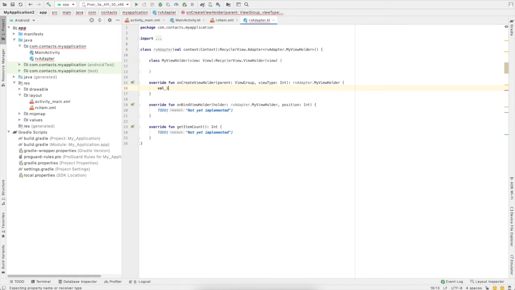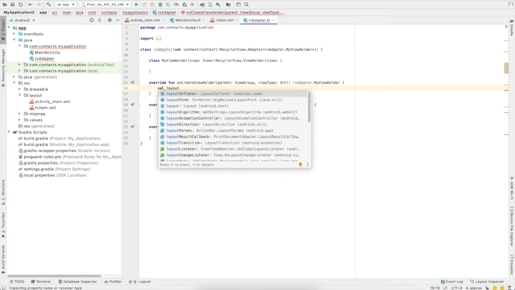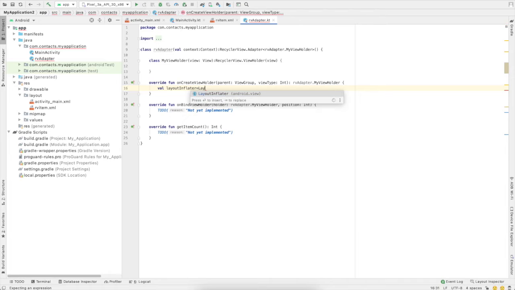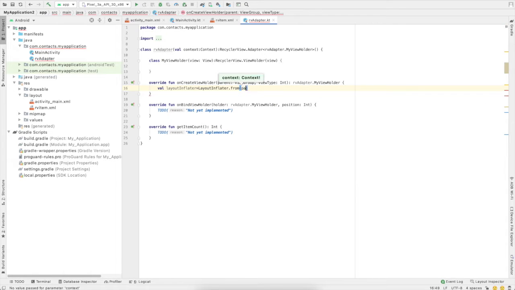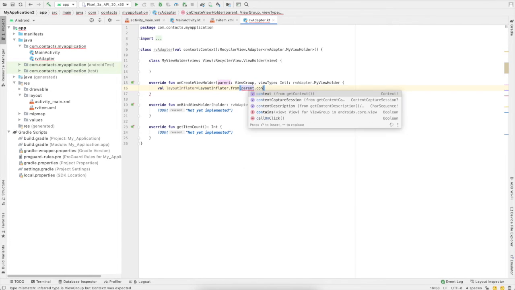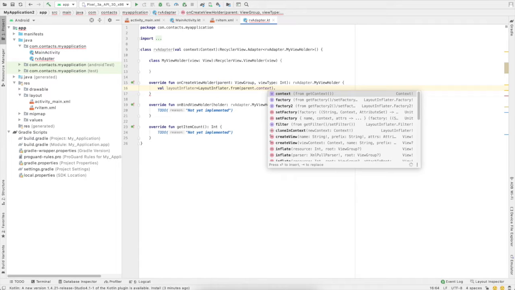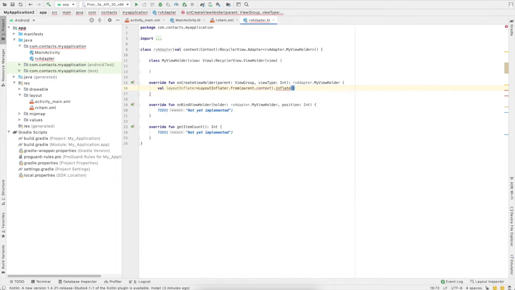Now create a layout inflator, equal to layout inflator dot from, and we can pass the parent context over there. Just click parent and press the context over there, comma dot. Now we can inflate that layout, and we have already created a layout, so we can pass that layout, r dot layout dot rv item. After that we can pass the parent to it, which is available over here, and after that we can pass false over there.